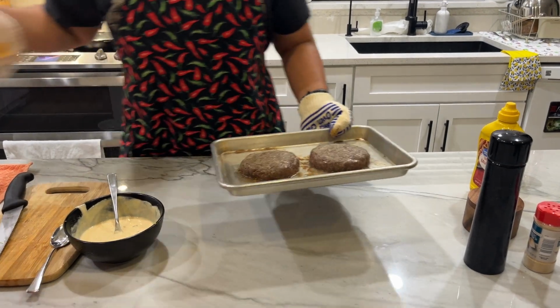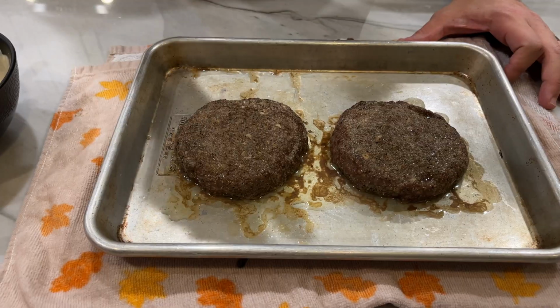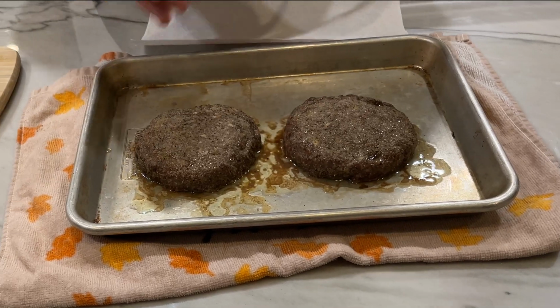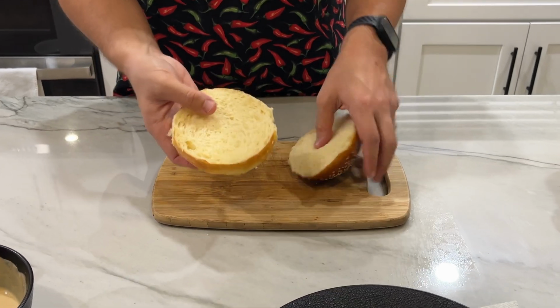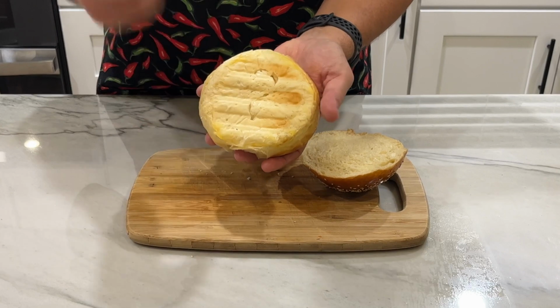Our burgers just came out of the Anova Precision Oven, and they're looking great. I'm gonna sear them to get a nice crust on them. Before we sear our burgers, we need to pat them dry. This will help them sear up better. Slice our burger bun in half here. Super light and fluffy. The bottoms aren't really super done, and I think when I cooked them in the Anova